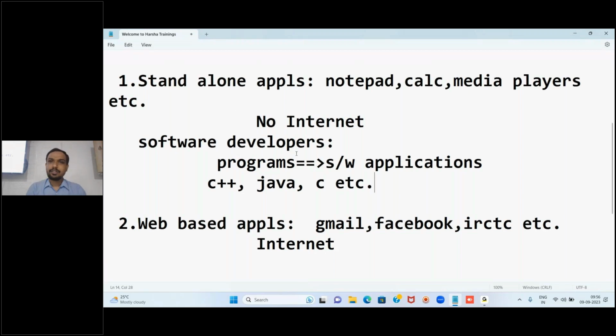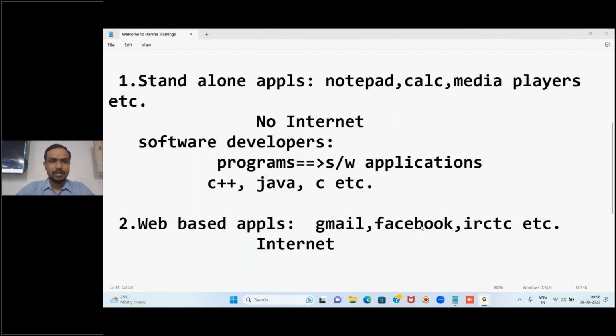This is created once, and it will be installed in your computer one time, and after that you can use it n number of times. The motto of software applications, standalone applications, is install once, run it n number of times. Clear? This is what standalone applications are.